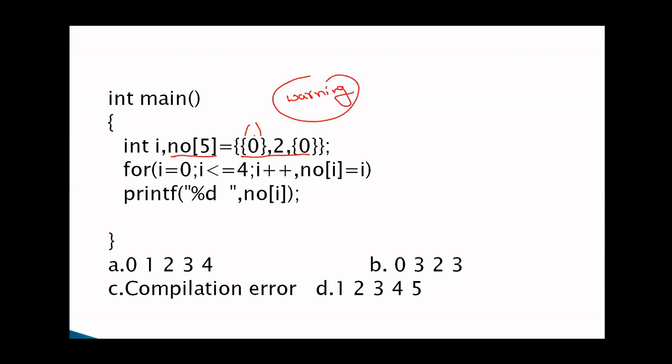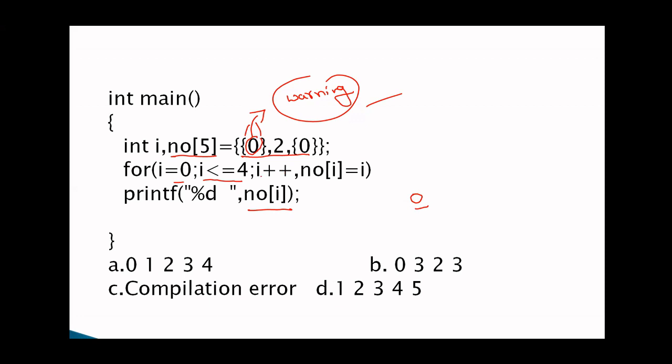So it can assign the value. For example, index 0 is assigned with 0, that is number of 0 is equal to 0, and so on. It gives a warning, but it produces the output. What happens for i equal to 0, i less than or equal to 4? This is the condition, so the condition is true. What is number of 0? The number of 0 is 0. So the first value is 0.